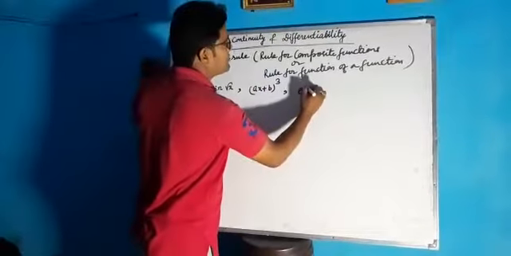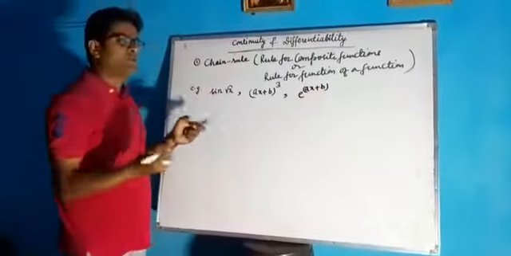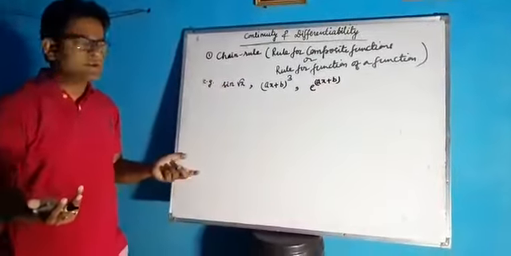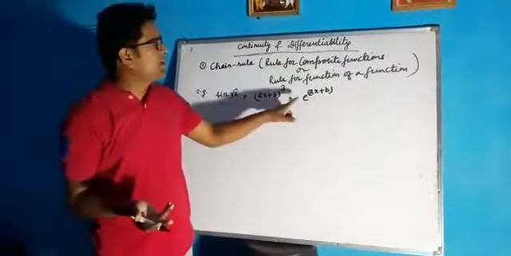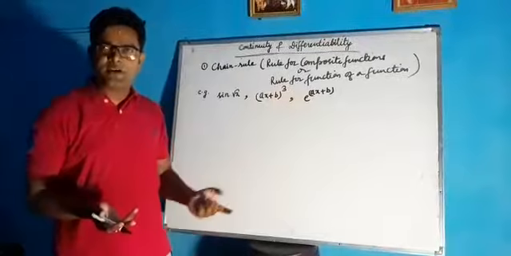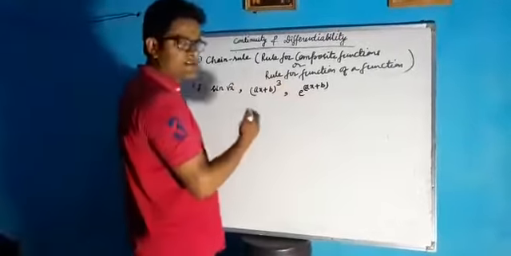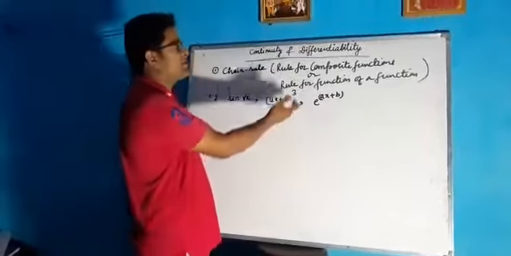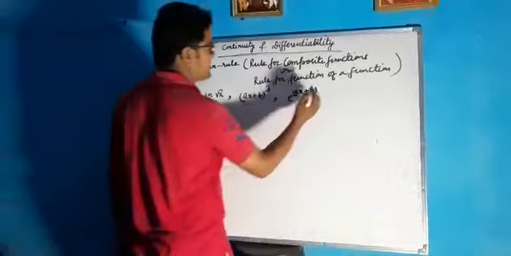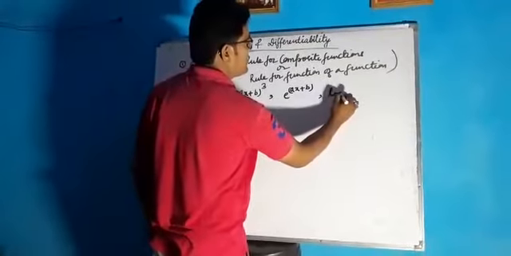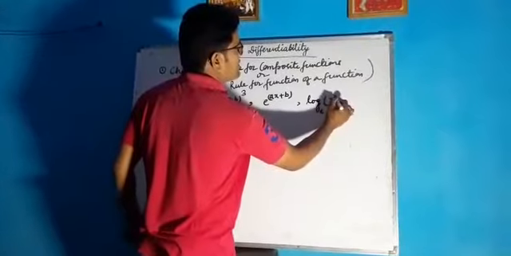If I am writing e to the power ax plus b, now a student will answer: the derivative of e to the power x is e to the power x, so the derivative of e to the power ax plus b is e to the power ax plus b. It is quite wrong, because here e to the power ax plus b is a function of ax plus b, and then ax plus b is a function of x. So we have to differentiate accordingly. That is the chain rule, the composite functions concept, the function of a function we are discussing. If it is logarithm to the base e of x square plus 1,